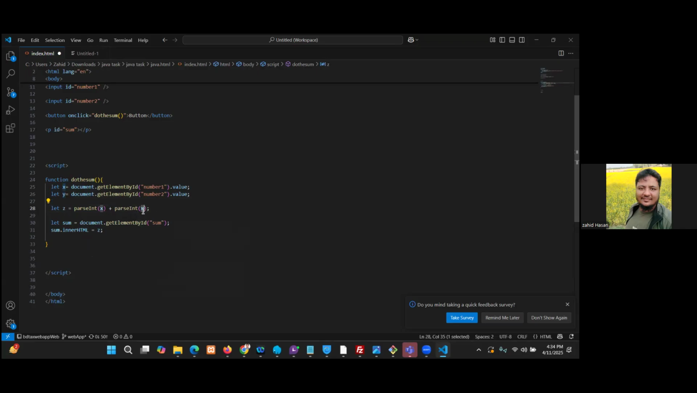So what is meant by float and integer? Do you have any idea? Integer means 1, 2, 3, 4, 5. Float means 1.2, 2.3, 4.5, like this. So if we parse as an integer,